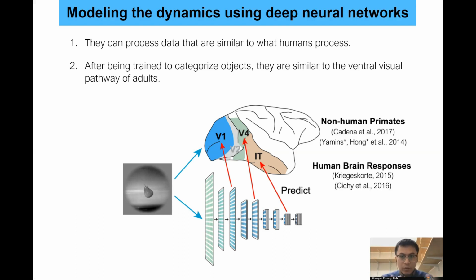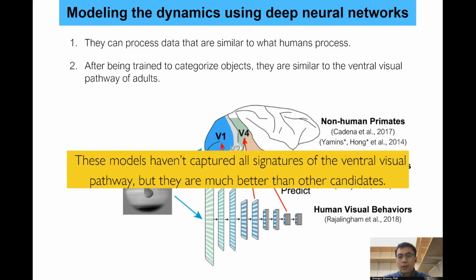Similar findings have also been shown on human brain responses, and the models can also capture some aspects of human visual behaviors. Now, it's important to mention that these models have not captured all signatures of the ventral visual pathway, but they are much better than other candidates.